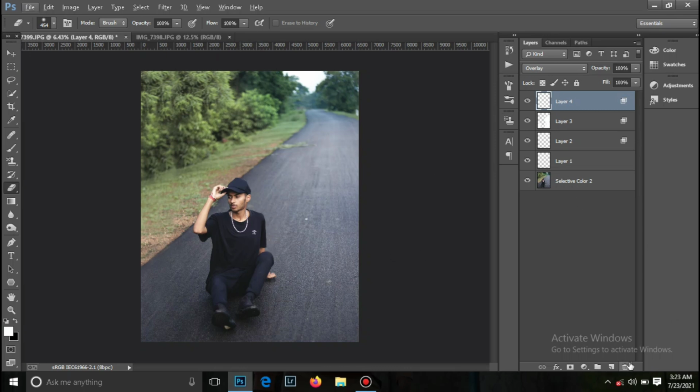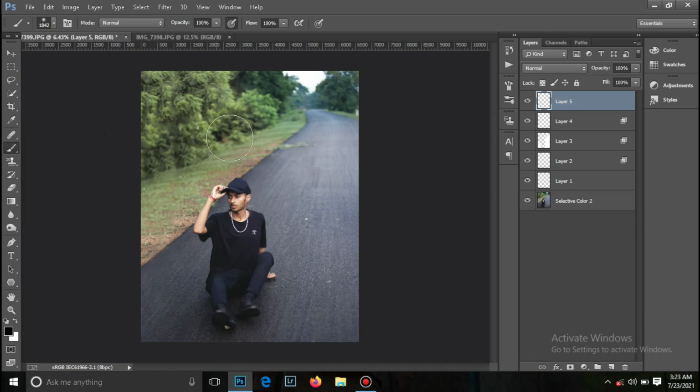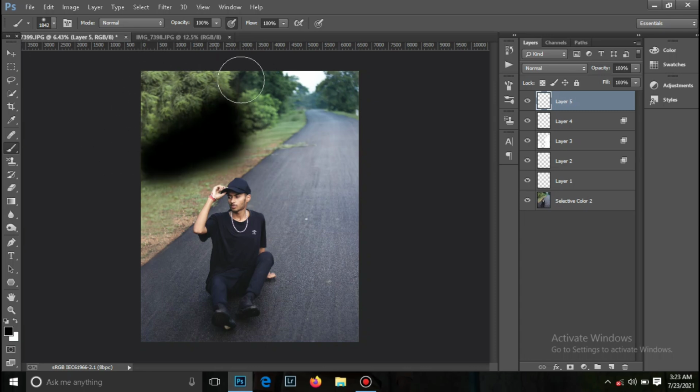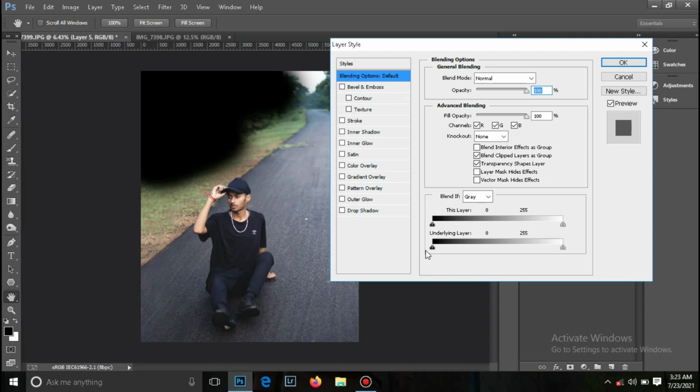And if you want to darken something like this, then just take the dark color, make the size bigger and just paint like this. We mostly do this for rims on our photos, rims on your visual photos, but you can also do this in your normal retouching pictures and it will make some drastic changes.